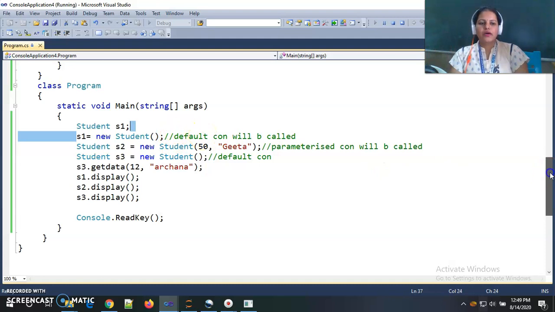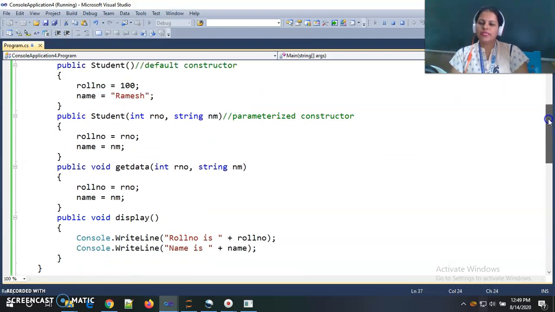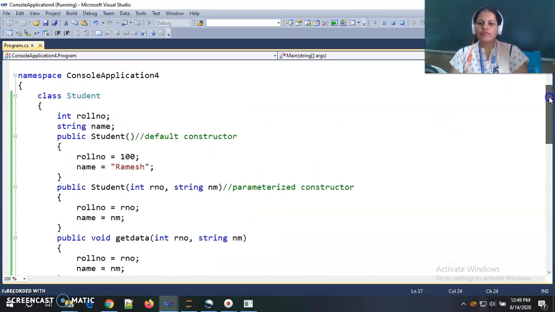So the method overloading concept is here. Here is constructor overloading. The overloading concept is that we are using the same function name. Here is the student function and here also the student function, but the parameters are different. Here there is no parameter, so this function is without parameter and this function is with parameter. So we are using the method overloading concept here, and this method is special, which is the constructor. So this concept is constructor overloading.